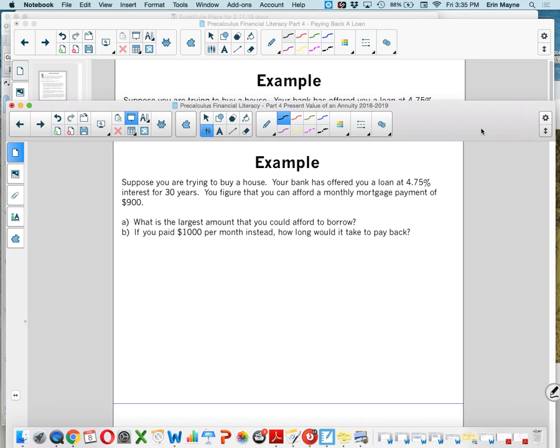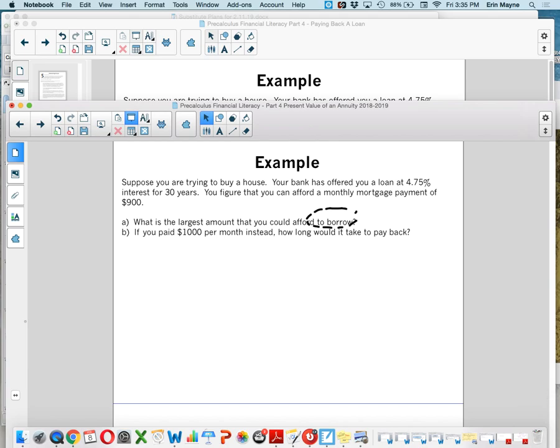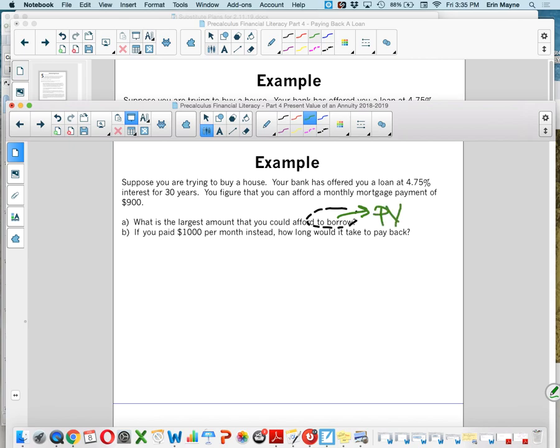So as we start to do this, when I am thinking about the word borrow, I'm referencing immediately that idea of when am I borrowing it? Today. Therefore, I'm talking about present value. So asking what is the largest amount that you could afford to borrow is saying, what's the present value of the money that I could afford to take out from a bank? If I pay $900